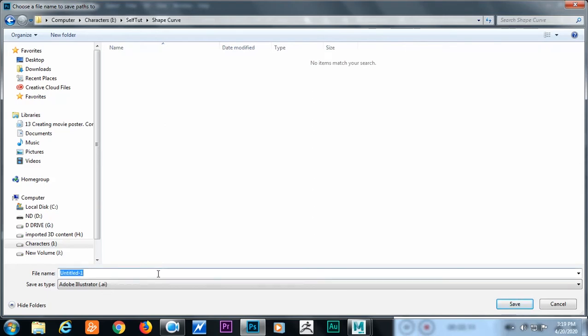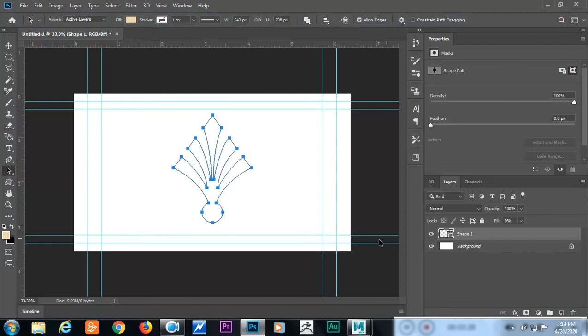Just give a name to this particular shape, and just save it.